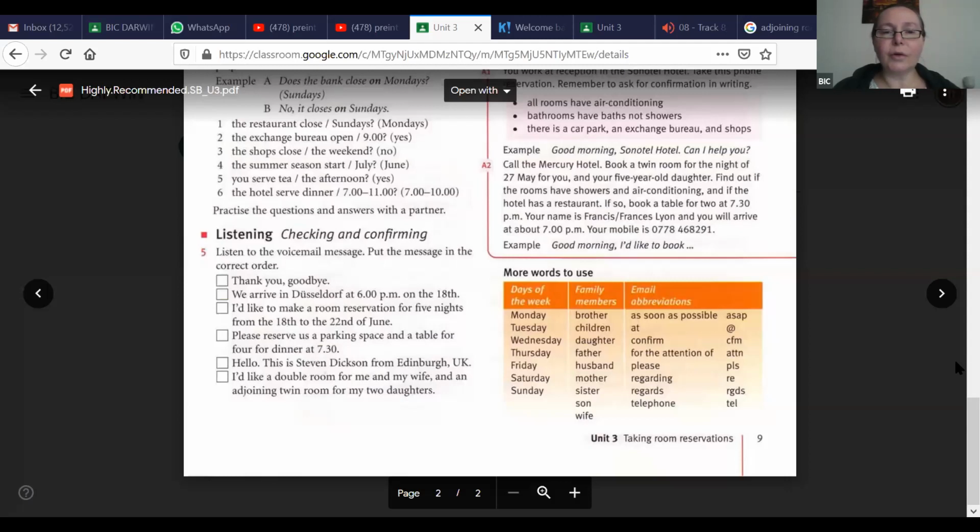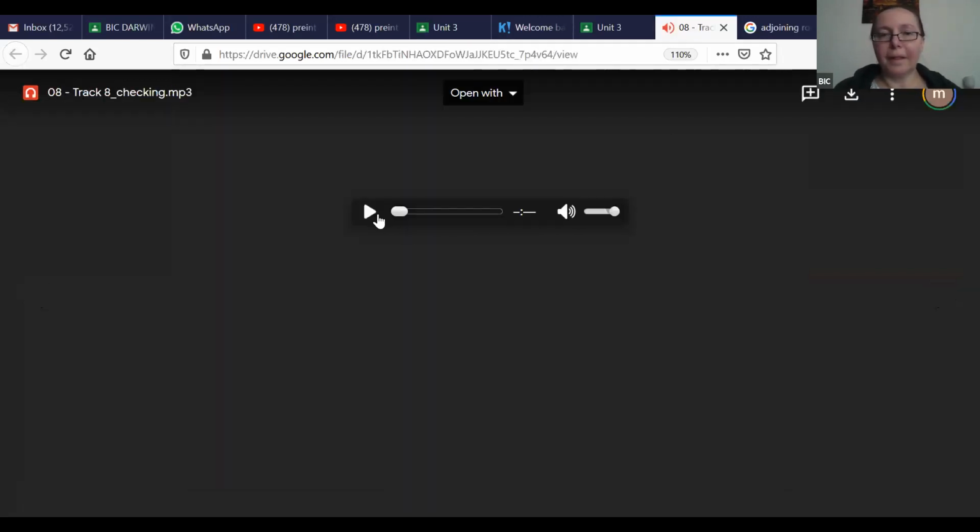If you are in Google Classroom, you just click on that student book, scroll down to exercise 5, and the easiest way to do it is really have it open in 2 different windows. You open the track and play it and go back to your window.